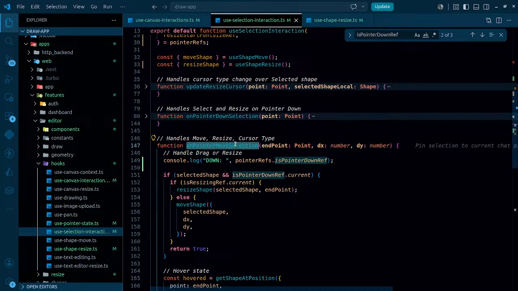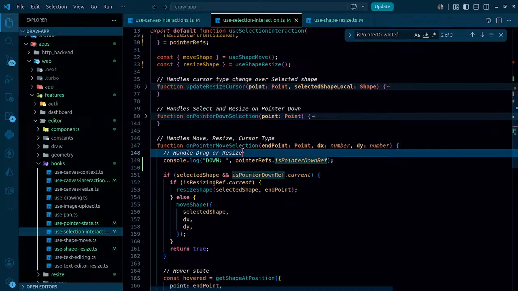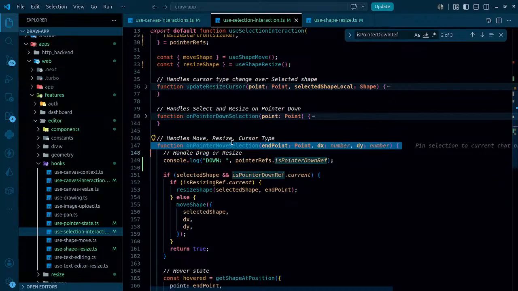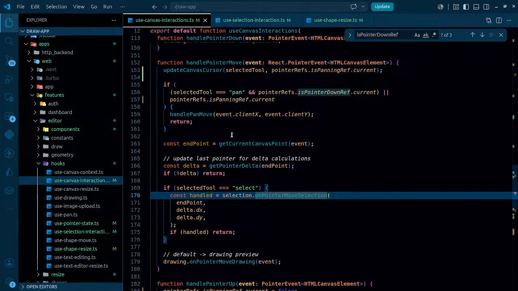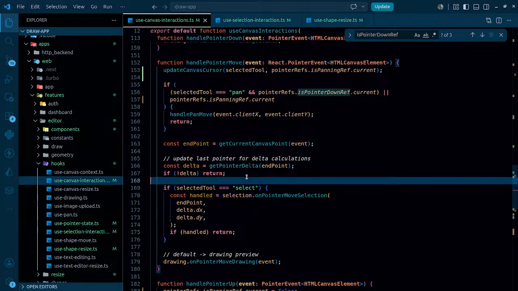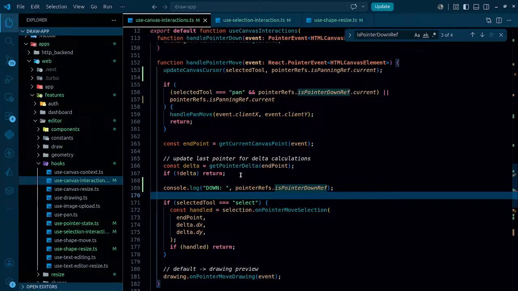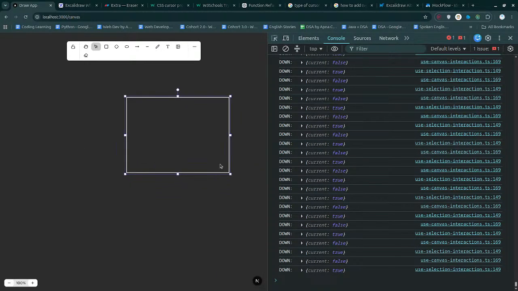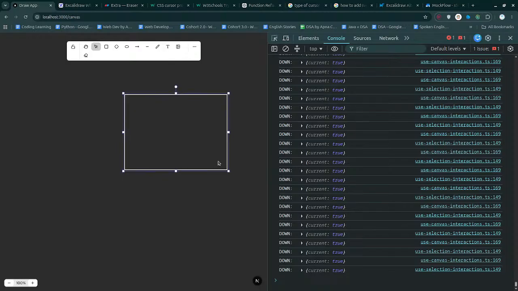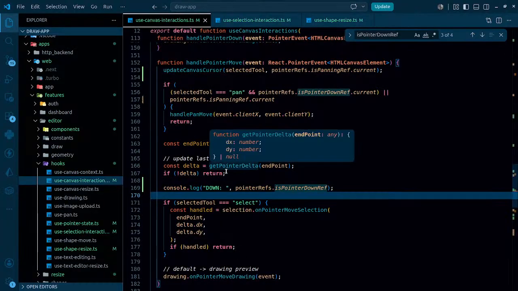Pointer move selection. Pointer move selection. As soon as this is getting called, it always